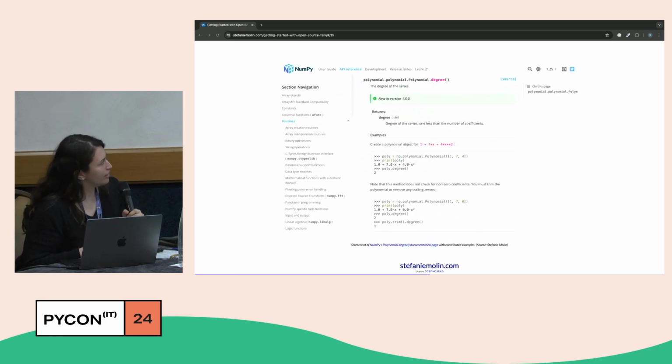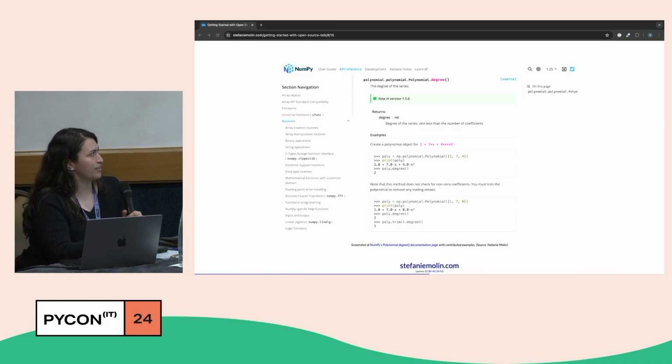So here's an example, and hopefully you can see. For a personal project, I wanted to use NumPy's polynomial degree function, and there were no examples at the time. So it was just from this point up. And I was reading degree, and I couldn't figure out what order it wanted the degrees in. So maybe this is something that seems very obvious to the maintainers, but there's room for misinterpretation of that. Is it lowest to highest, highest to lowest? I don't know. So what did I have to do? I had to open up